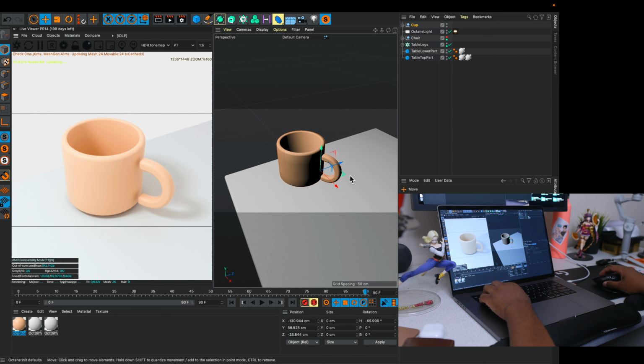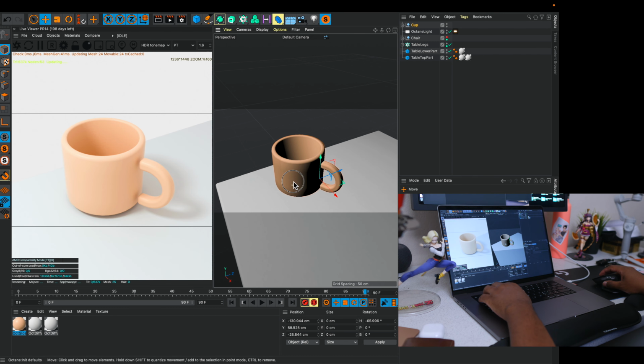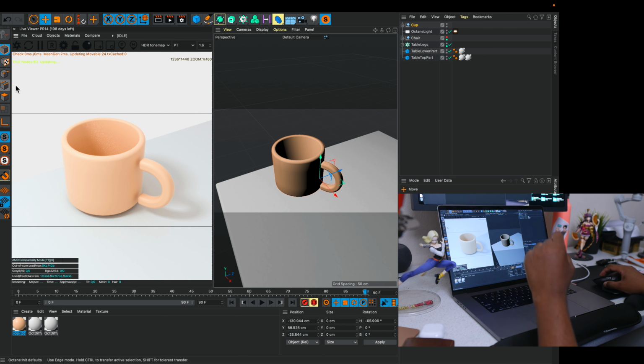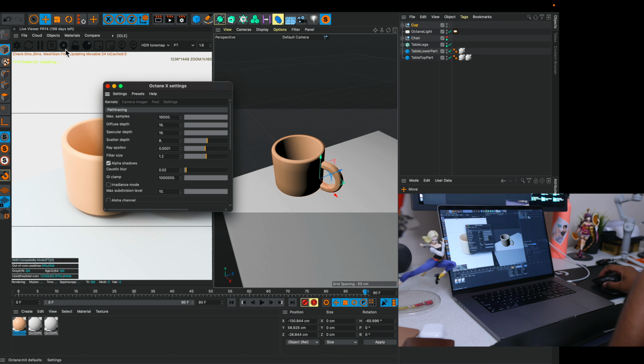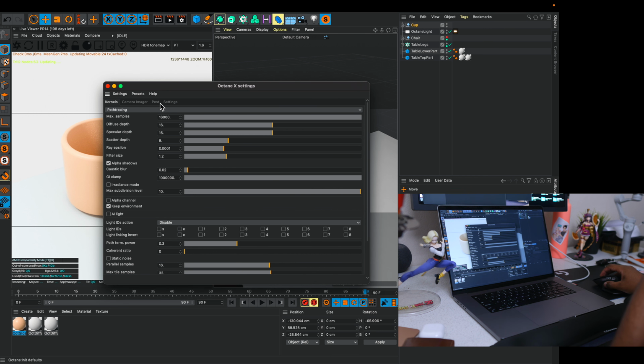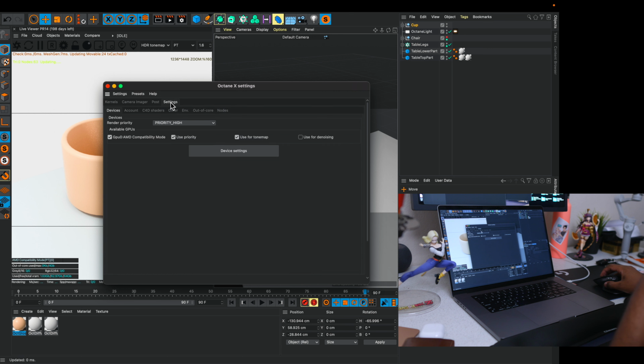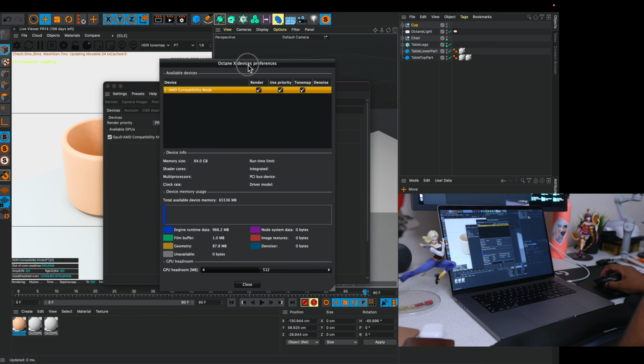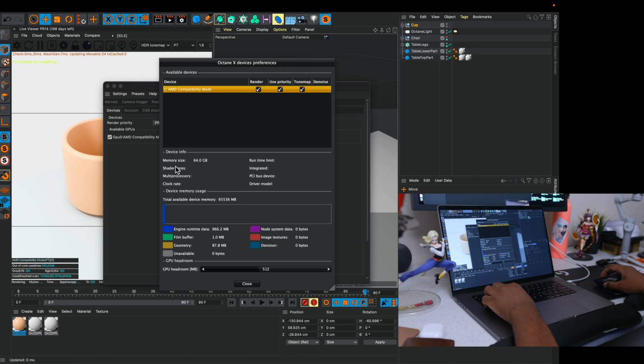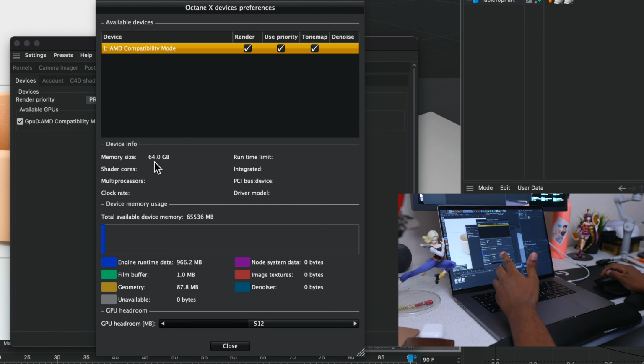Going back here, as I said, in order to set up a shot or just move or whatever that might be, the view will be working just fine. However, let me show you something real quick. We go to the settings in Octane, then you go to the settings tab, and from the settings tab, you hit device settings, and it would show you the following. It will show you the memory size, and the memory size that we have is 64 gigabytes, and it's running through AMD compatibility mode,